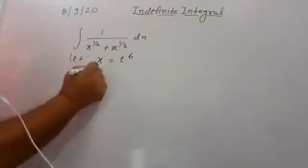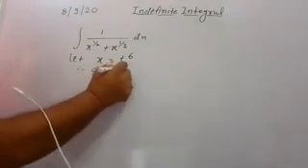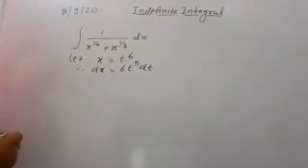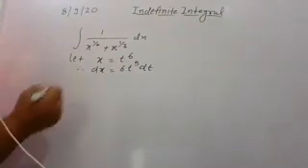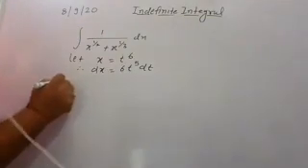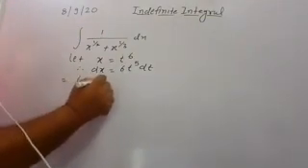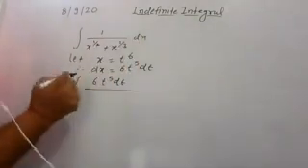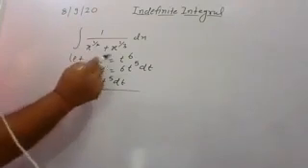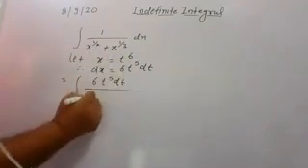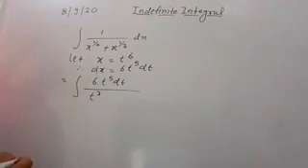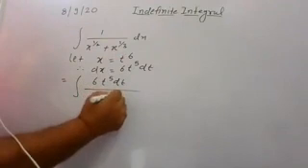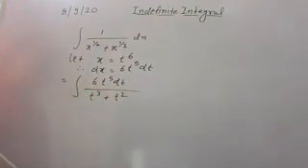Now, if you differentiate here, you have dx is equal to 6t to the power 5 dt. And putting all its values in the given integral, you have 6t to the power 5 dt in place of dx. And upon, x to the power 1 by 2 you can write as t cube, plus x to the power 1 upon 3, so you have t square.